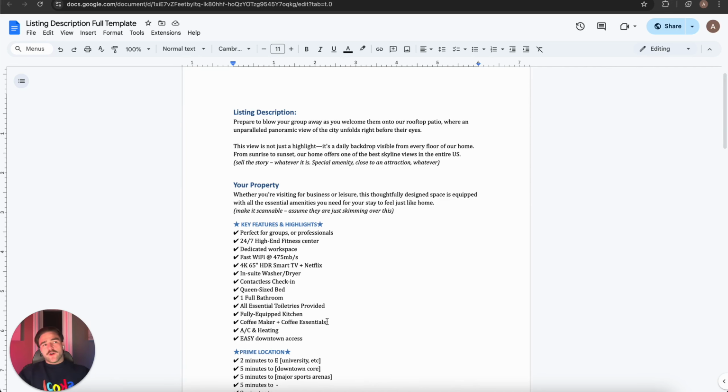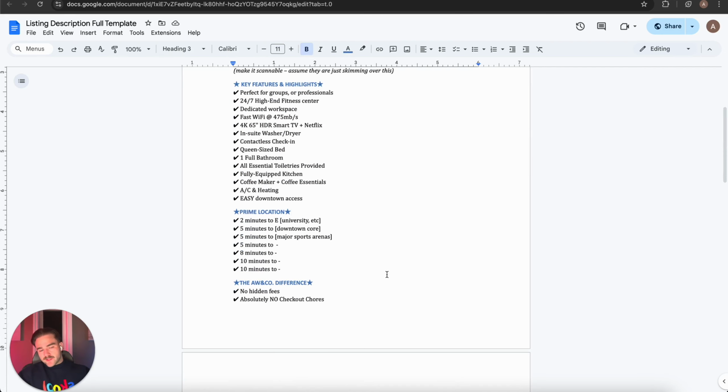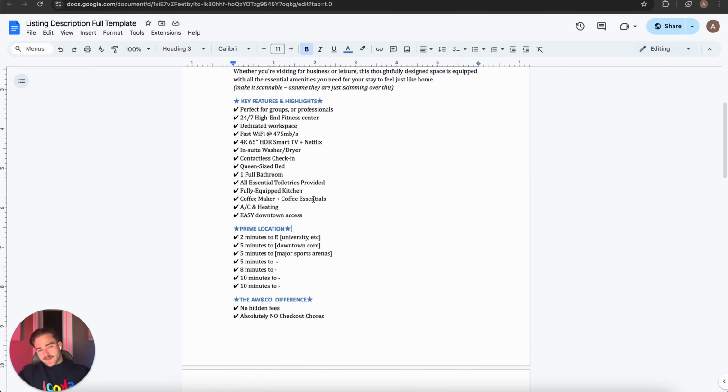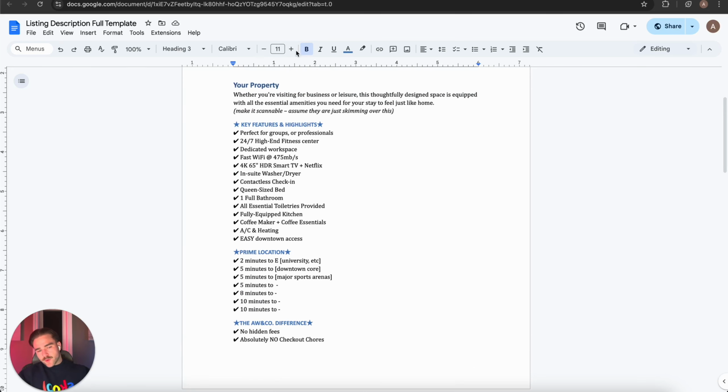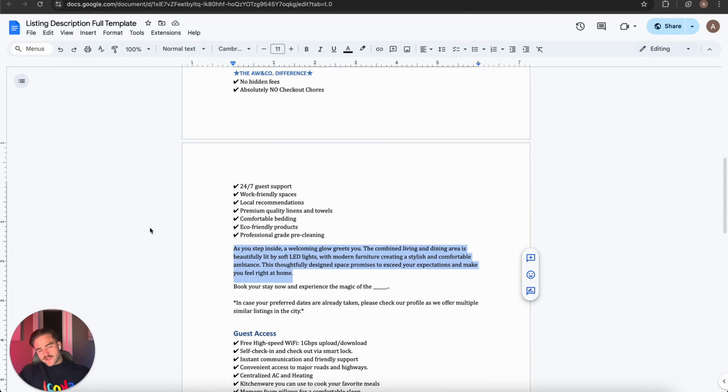So when I say start with my template and run it through ChatGPT to tailor to yours, this is what I mean. So this, the scannable text, I think it makes the most sense for you to just copy and then change to stuff that is relevant to your listing. For example, if you have a king bed, type king bed. If you have 3 bathrooms, type 3 bathrooms. Just make this yours. Add every feature, highlight, and then get rid of the stuff that isn't part of your listing. But copy like this, and down here is what you want to run through ChatGPT,